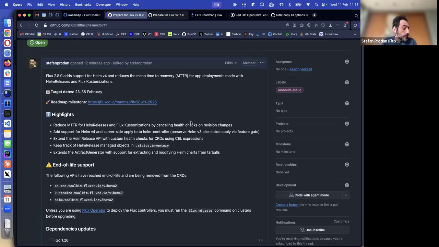We are improving the UX around the way you can observe and discover what's happening with the Helm release. So right now, if you want to see what objects are part of a Helm release, what things this Helm release manages,